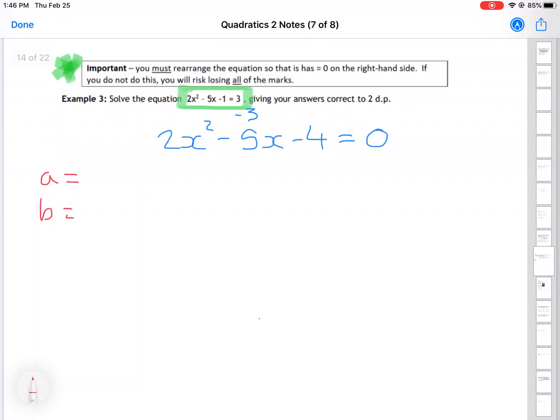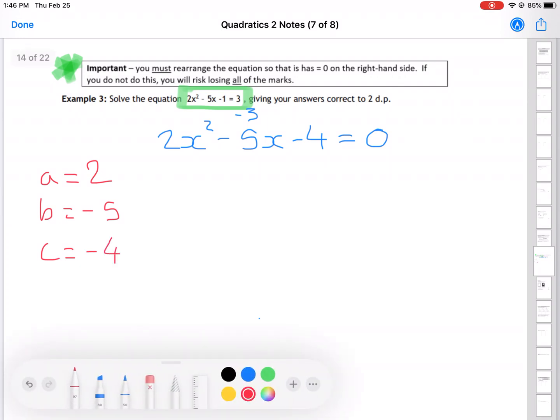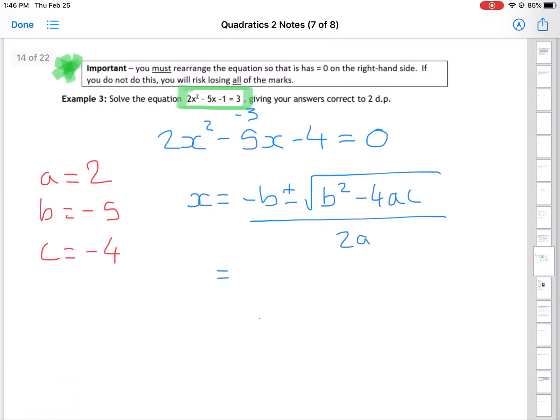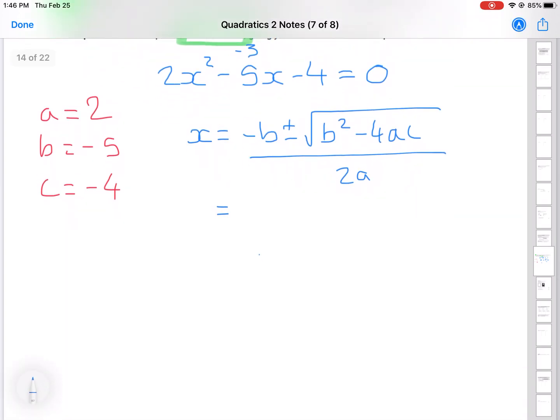Now that I have 0 on the right hand side, I can use the quadratic formula with a as 2, b as negative 5 and c as negative 4. So I'm writing this out every time. Obviously, when you're doing loads of these at once, you may not wish to write it out every single time, but as we're doing these separately, with different examples and different pages, I'm writing it out every time. So negative b is negative of your number b, so negative of negative 5 is positive 5,